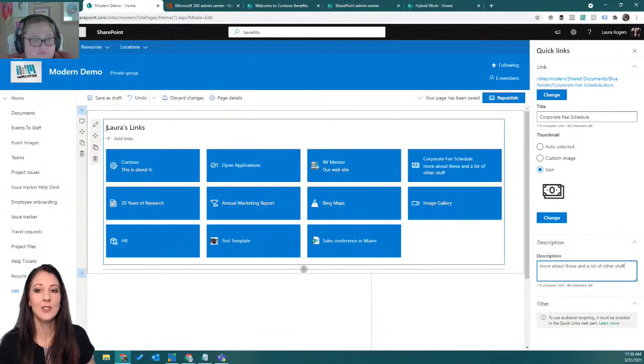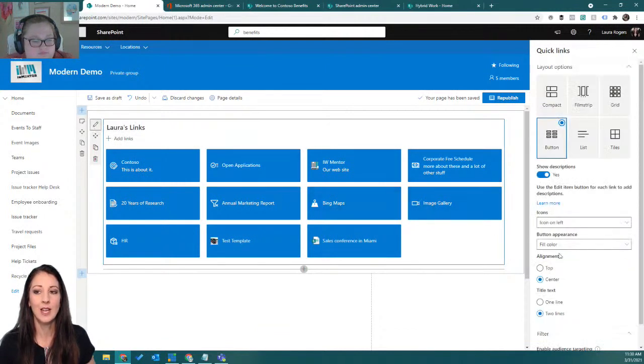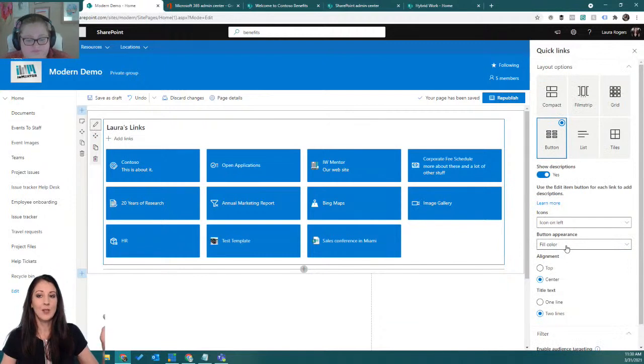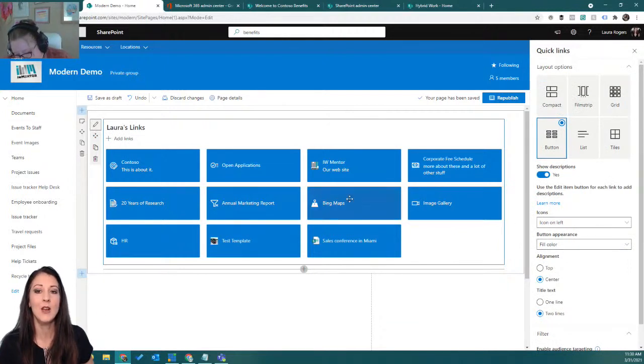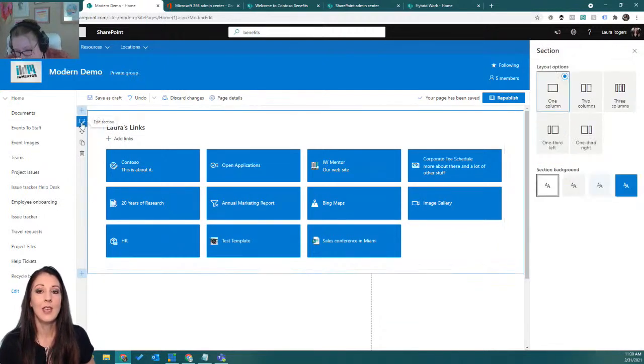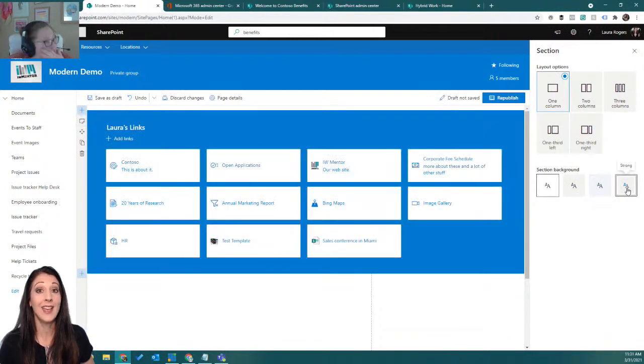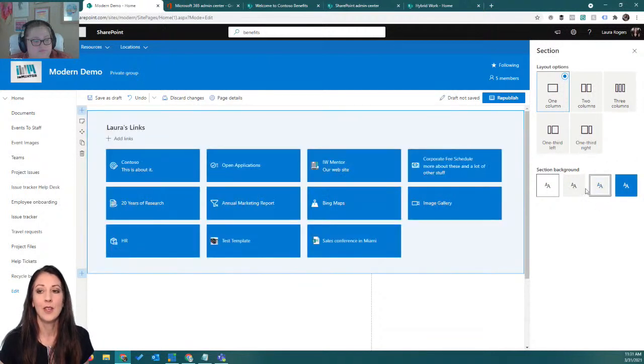Notice that as soon as I turned on the fill color, it went to blue with white text. So now if I go and change the section background color to dark, look at that. Now it changes all the links to white and the text to blue. So it's just intuitive. It's just going to make it look correct for you. And I change it to light, and the blue